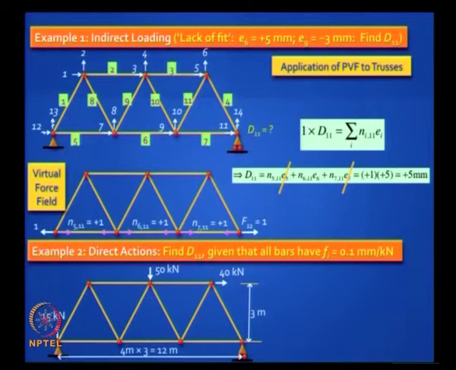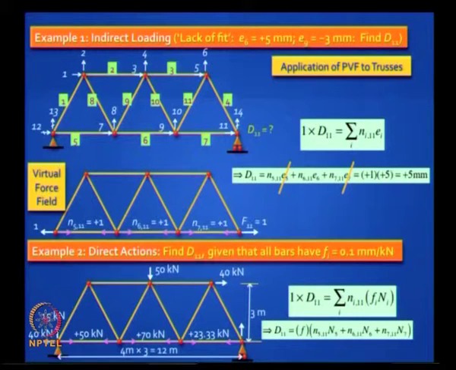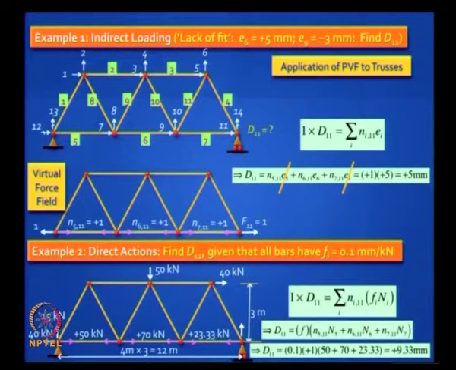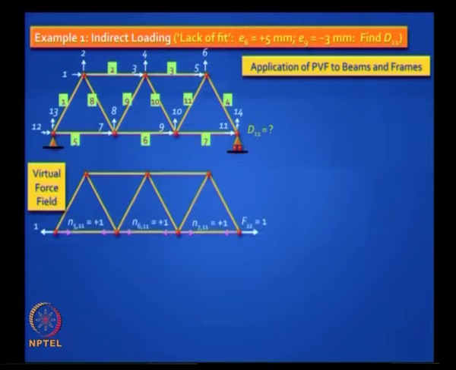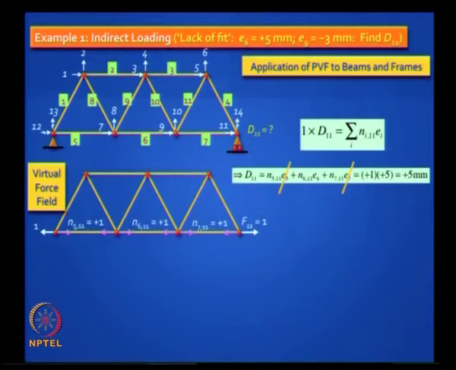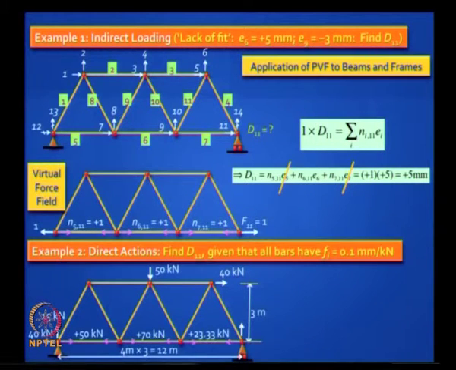So, if you want to do it fast, you just find the forces in the bottom chord. Let us say these are the answers, then you can just multiply each of those by 1 and the flexibility value, and you will get the answer very easily. Is it clear? So, it is a simple demonstration. You can also apply this to beams and trusses. Okay, so I think that heading, this is something we have finished.